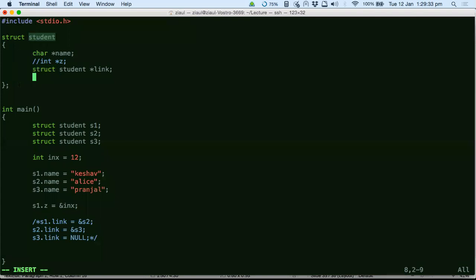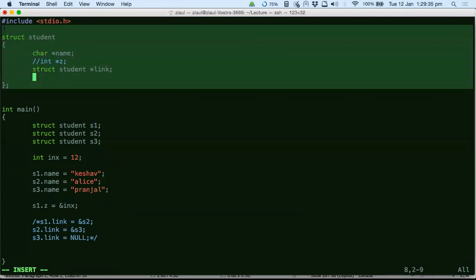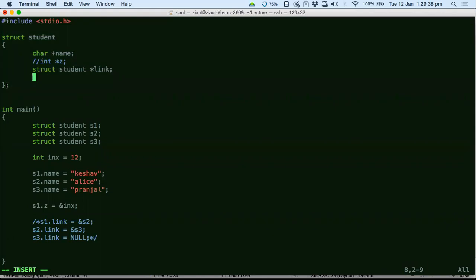Your compiler will first read this entire thing until it sees a semicolon, and then it will read it once more. No one has told the compiler that it can read your program only once. The compiler can do multiple passes over your program. Once it goes through the entire structure until it sees a semicolon, it figures out what things are there in the structure.